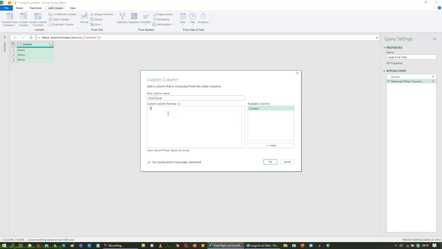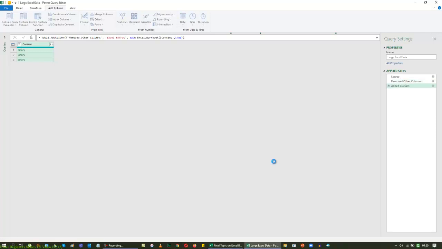I'm going to just say Excel dot workbook. Sometimes when I type this, you get a drop down like we get for a formula in Excel. Sometimes we won't get it. So this time I didn't get it. I'm going to give a comma and then I'm going to get it. Remember that the syntax has to be similar in nature. So you have to have Excel dot Workbook, where the E and W have to be in capital. The content is what we are extracting right now from the left hand side of our table, and I'm going to give a comma and give a true here. I'll tell you why I'm giving this true a little later.